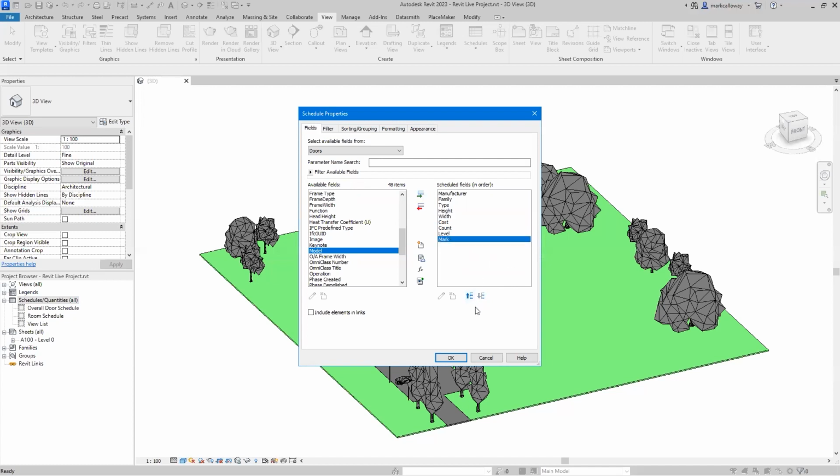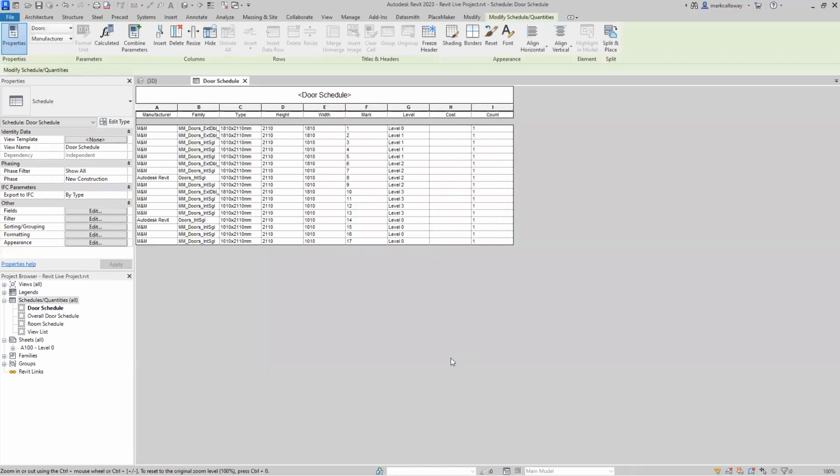Okay. Then we'll go with maybe the mark number of the door, then the level, then the cost, and then the count. Okay, so that's going to be the order of the schedule with whatever's at the top being the first column. We'll come back to this window in a moment, but for now, I'm just going to simply hit the OK button. Revit will take the information that we've added so far, and it's going to generate us a